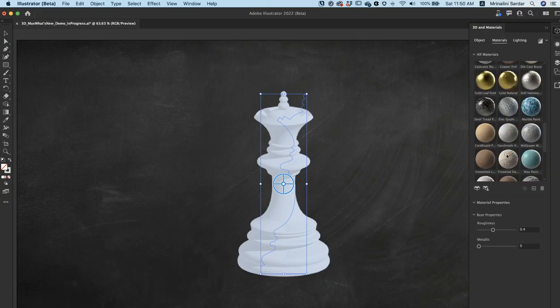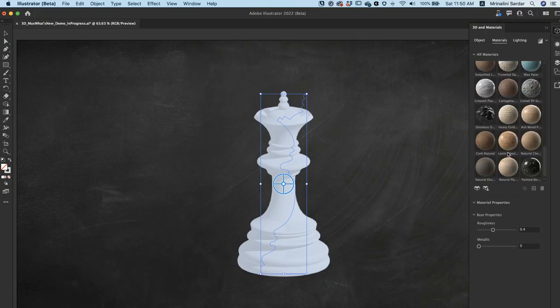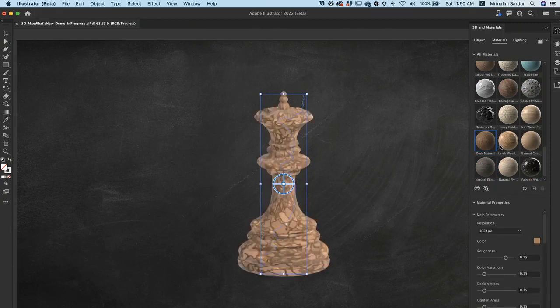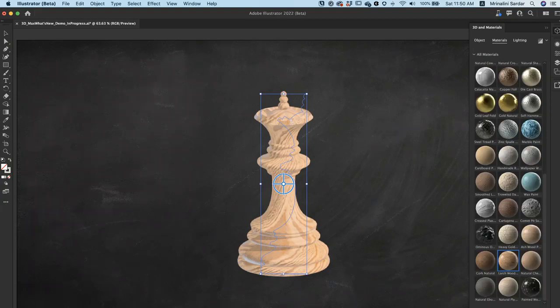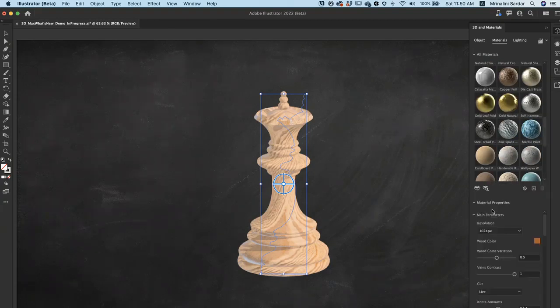metals and wooden textures. So for this chess piece, I just want to quickly play around with, let's say, some wooden textures. It's a bit harsh on the texture, so why don't I choose a lighter texture here? And you have a host of material parameters and material properties that you can play with. So if you just switch on these accordions, these properties will open up